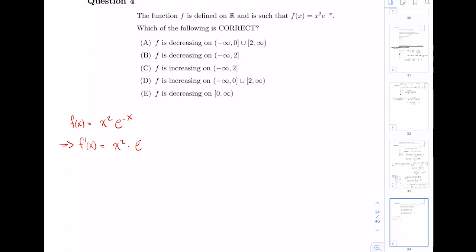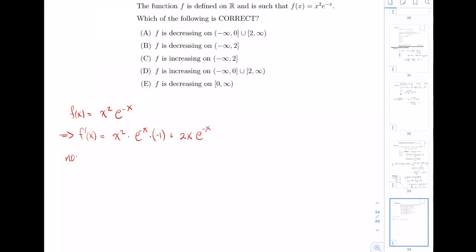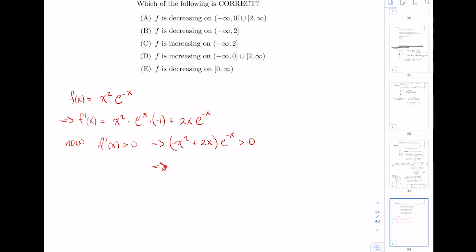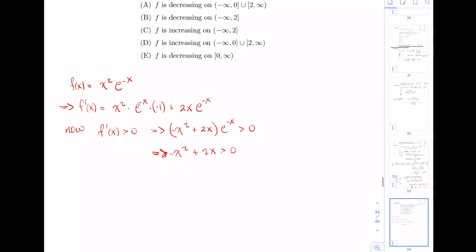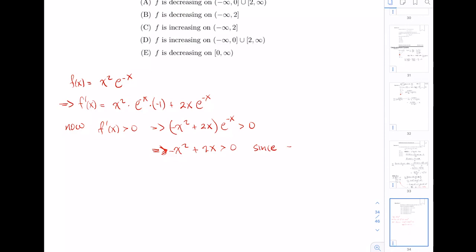Let's fix that. e to the minus x times negative 1 plus 2x times e to the minus x. Now, f prime of x greater than 0 implies that x squared plus 2x, well, this is a negative x squared, times e to the minus x, right, is greater than 0, which means that minus x squared plus 2x is greater than 0, since e to the minus x is always greater than 0,